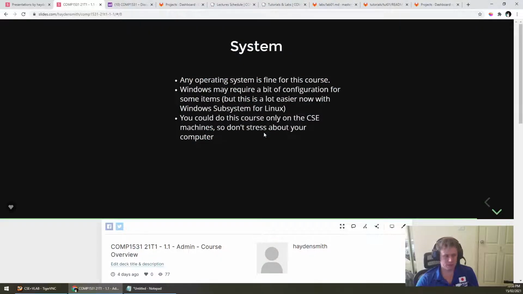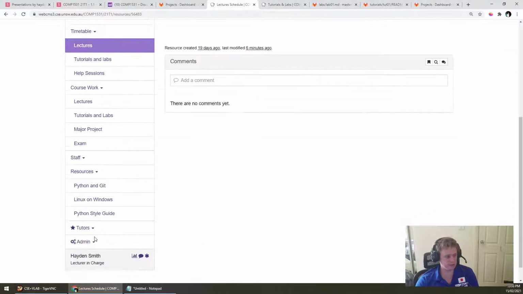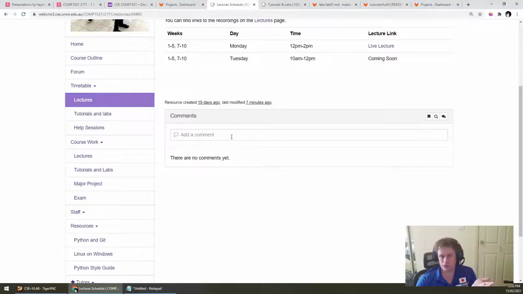Yep. Someone asked about VLab and stuff. You can actually use Windows, Mac, Linux for this if you want locally. We have some instructions sitting around in the sidebar here. Generally, all you need in this course is a Unix shell. So Mac OS X, Linux, VLab all run Linux command lines. And you can do most things you want to in the course on that command line.